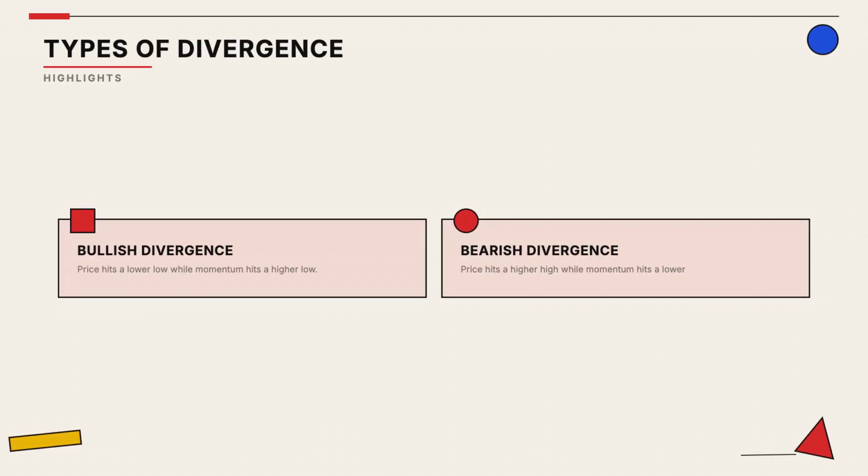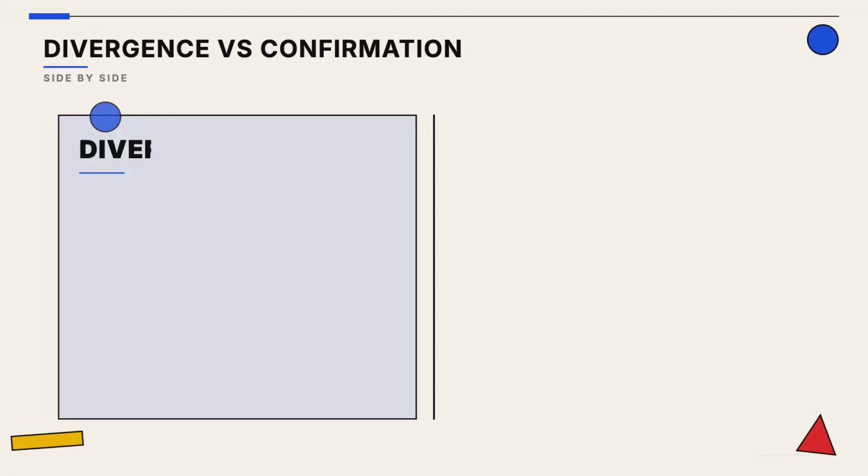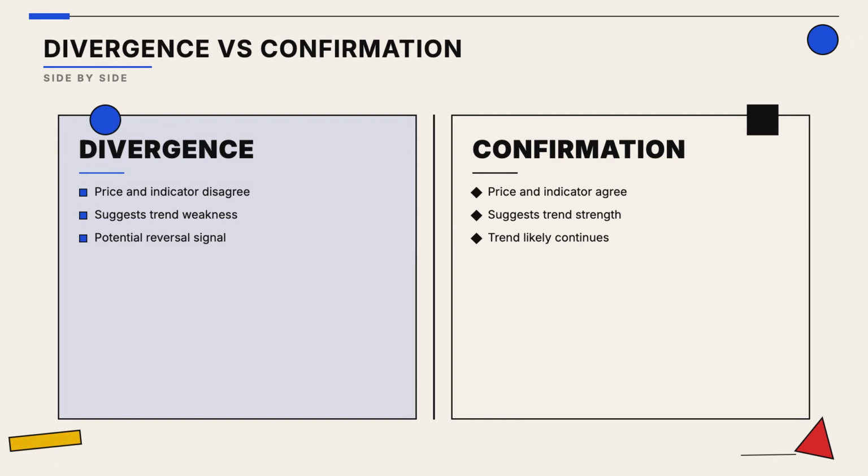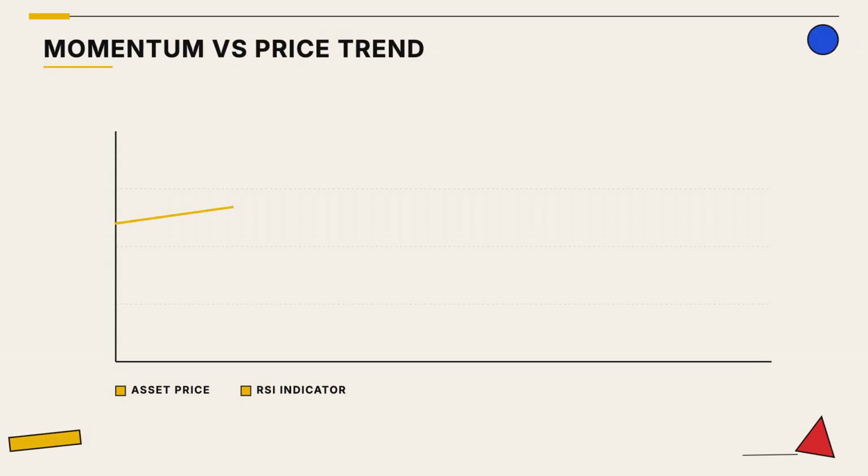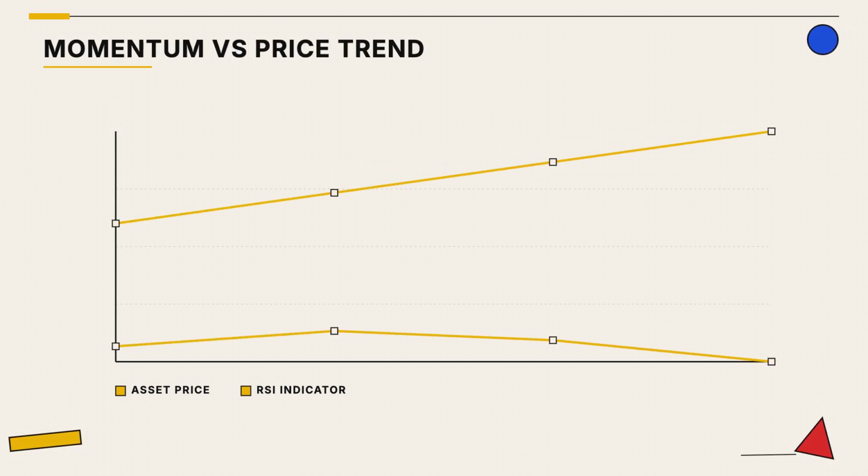Traders watch for these patterns to spot potential reversals before they become obvious in the price action. While confirmation shows a healthy trend, divergence acts as a warning light that the momentum behind the price move is fading. In this bearish example, the price climbs higher, but the relative strength index indicator drops, signaling the rally may